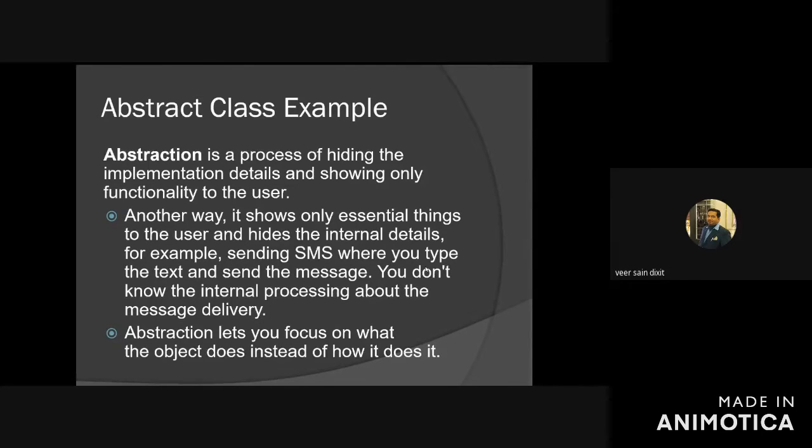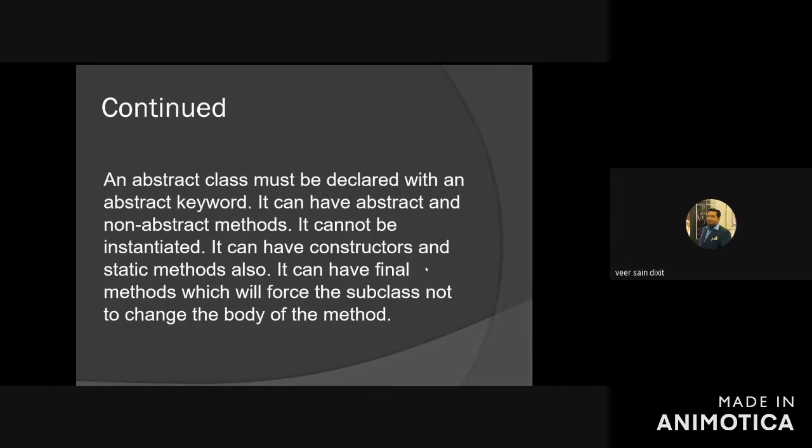Abstraction, the process of abstraction lets you focus on what the object does instead of how it is doing. An abstract class must be declared with an abstract keyword. It can have abstract and non-abstract methods, as I told you, and this is the only difference between the abstract class and the interfaces, that abstract classes can have more than